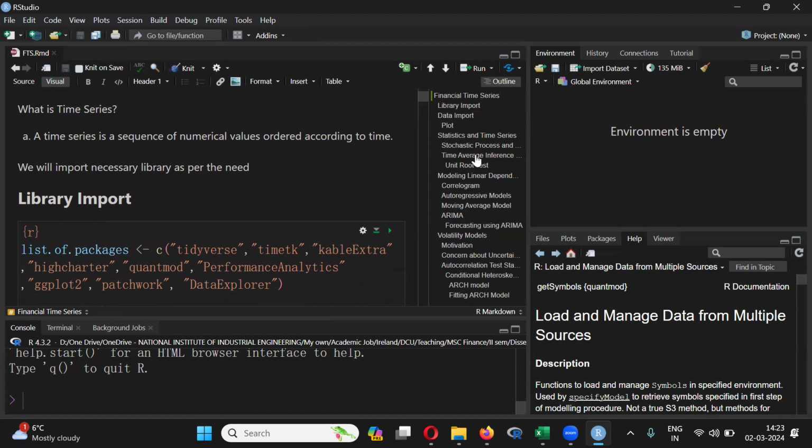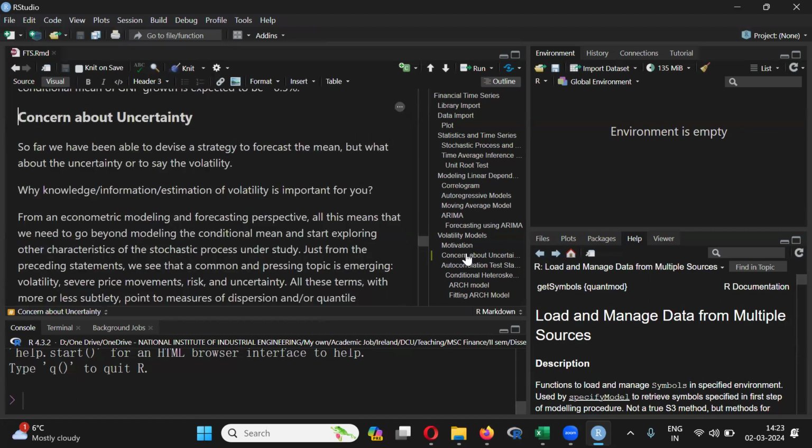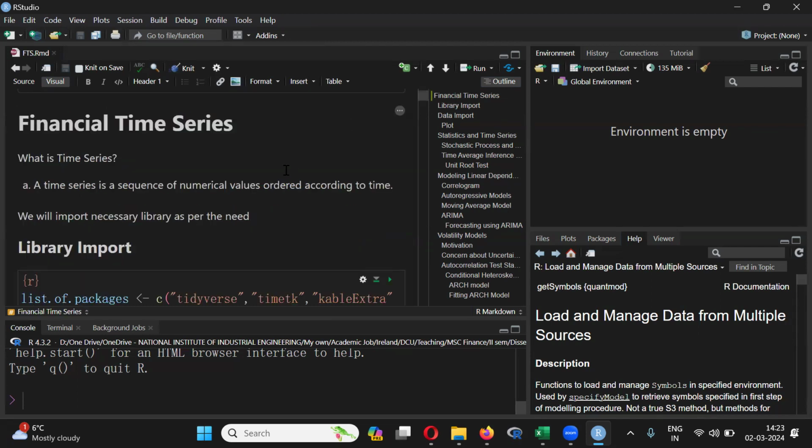Then click the outline here. You'll find the table of contents here. Can you see? If you have made a long code and you have to reach somewhere, you can directly click and you'll reach there. Now see the way to create these headings or subheadings. Can you see here Header written? If you click here,